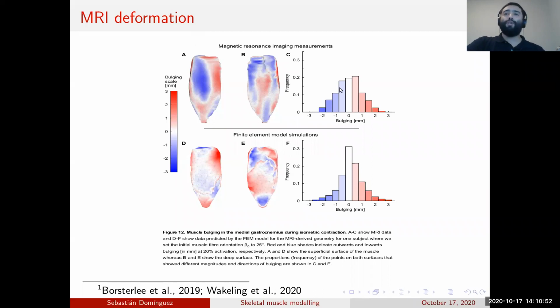So you can see that the distribution of the frequency on the number of elements that have the same color is about the same, not completely the same, but there are many things to consider here, right? Like we subsampled the mesh, so that's one thing. We also had to add extra elements for this sheet of tissue called aponeurosis. Those two things changed the game a little bit, but it's nice to see that the overall behavior is about the same. And this was actually also part of the first paper that I was telling you about before.